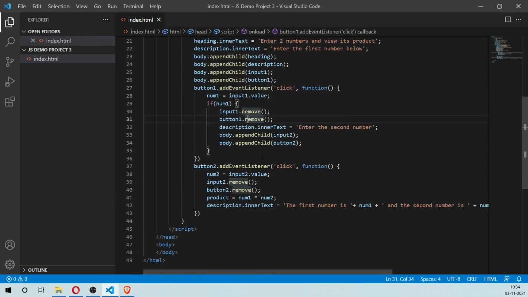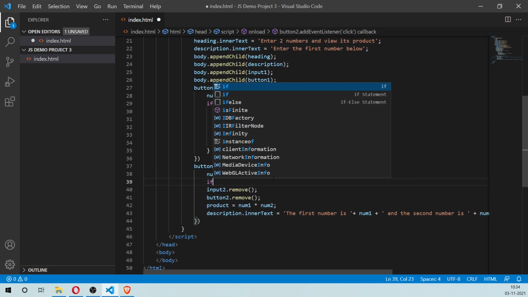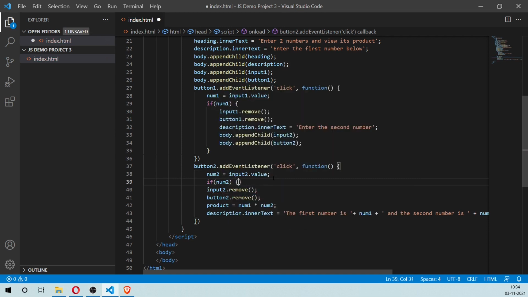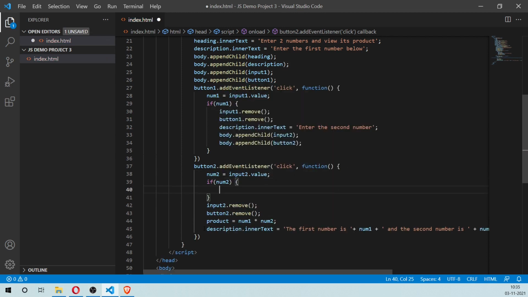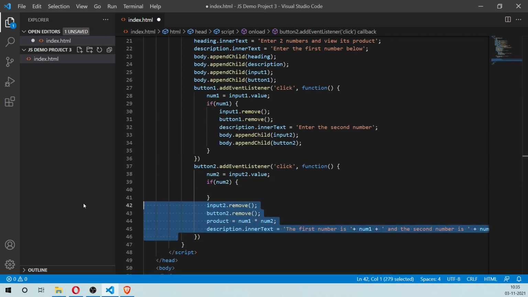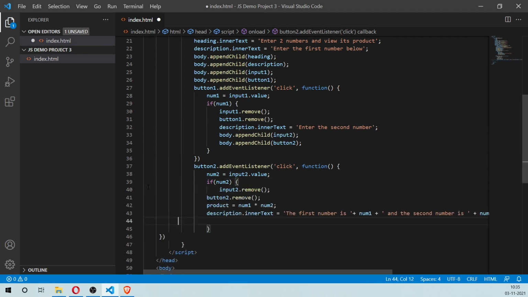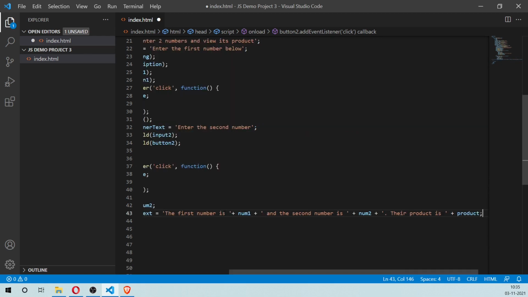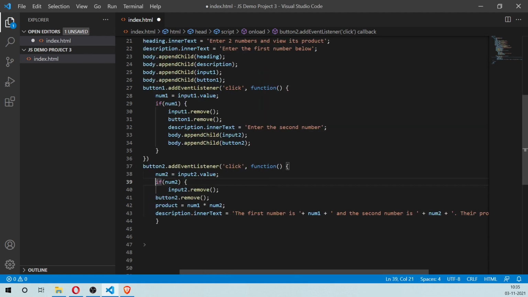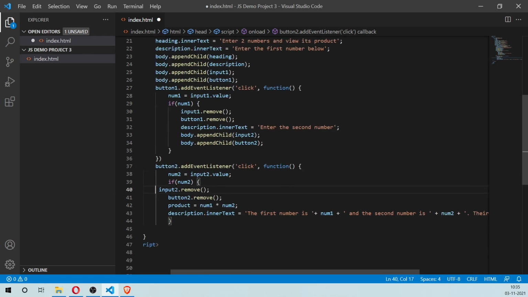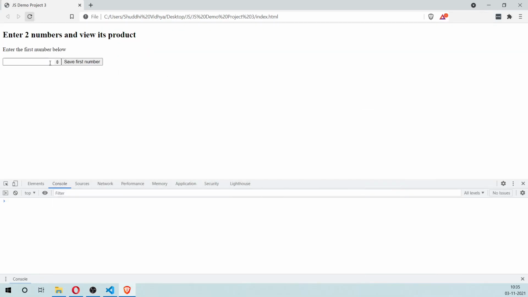Similarly here we'll say if num2, we'll do this. Let's see how that works now. So now when you click on save first number, it doesn't do anything.